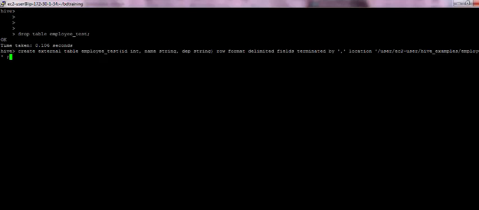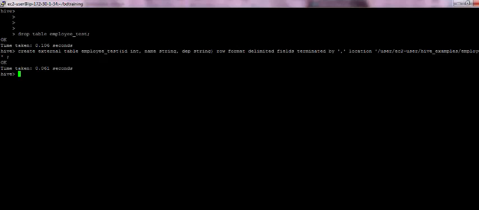When we want to create an external table, we need to provide this external keyword in front of table. We also need to append the location of the external table where the data needs to be picked up from. When we provide this location as any HDFS directory, Hive will only create the schema of the table, but it will not manage the life cycle of the data in this directory. So let us see how this works.